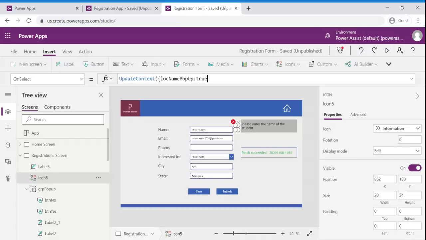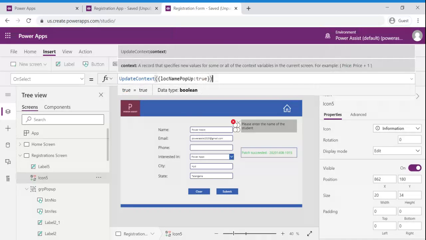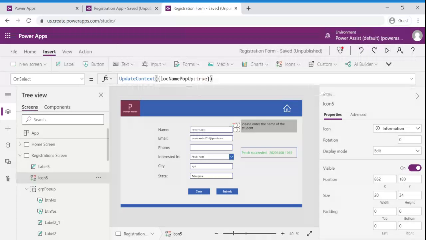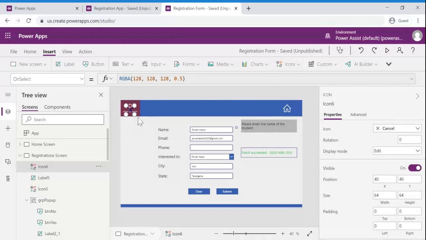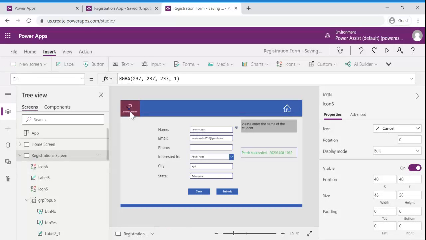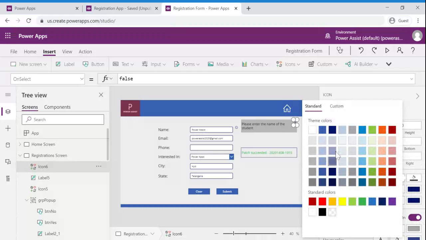This time, we'll take a cancel icon which will be placed on the label in case the user proceeds to close the window.